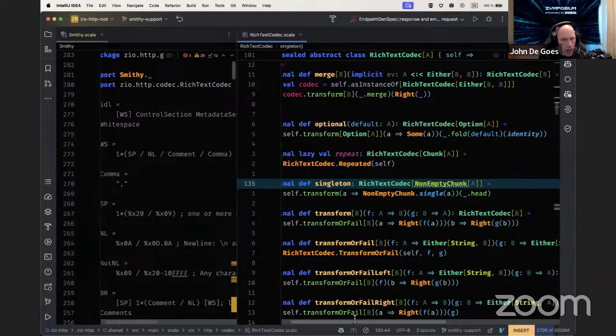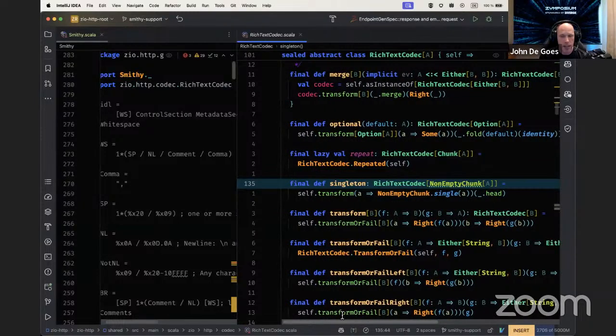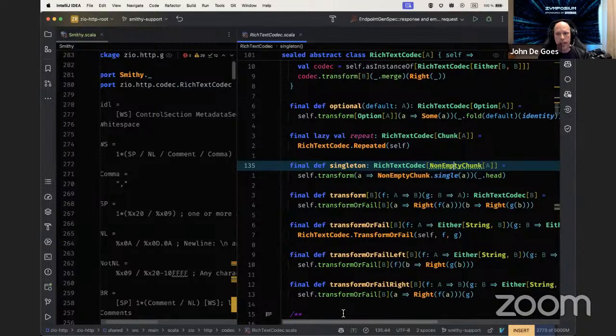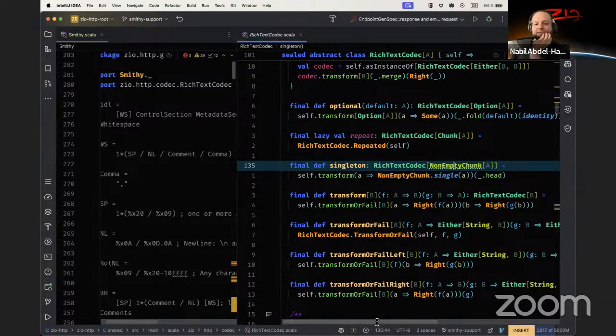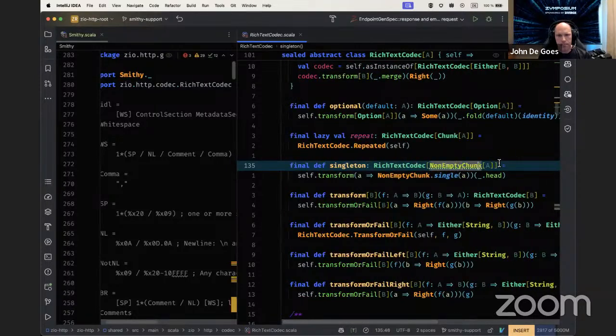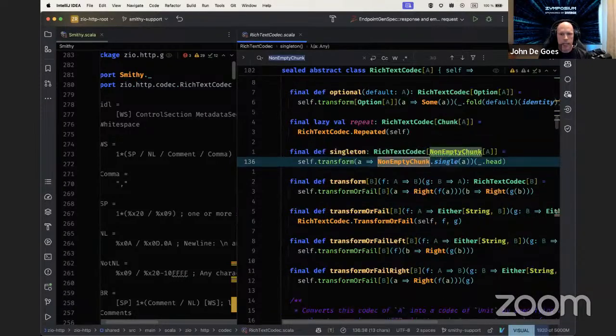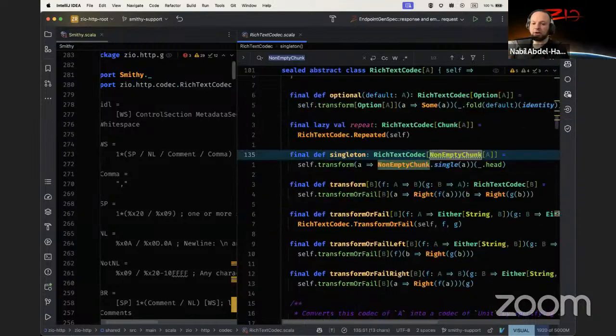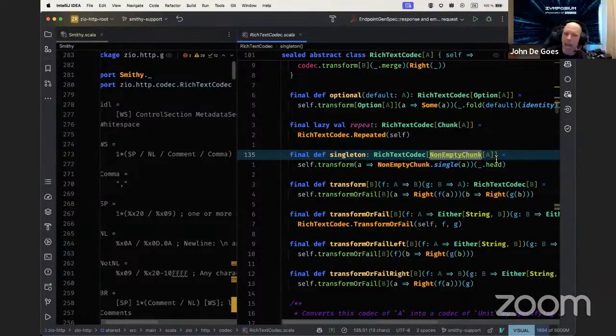That does return a non-empty chunk, which makes me think that it's non-empty, but it's called singleton, and I see there, so probably it's only one, right? Yeah, it's only one. So what we really need is repeat non-empty. So let's go ahead and add one